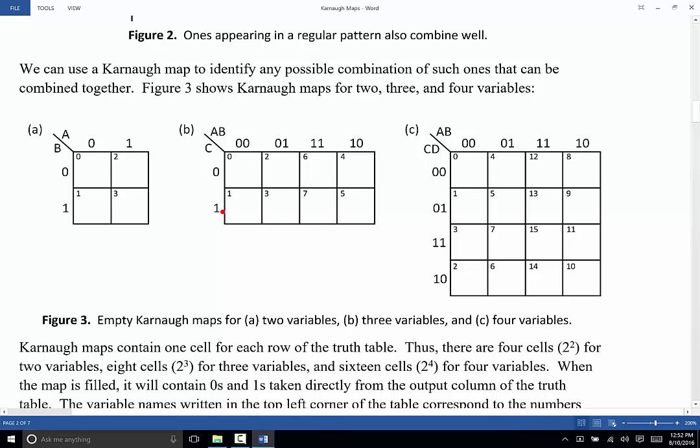Now, one thing to notice here is that the 3rd and 4th rows are swapped from what we would expect from binary ordering. So if we were just using binary counting, we would say 00, 01, 10, 11. But these 2 rows are swapped because Karnaugh Maps use what's called gray code. And gray code is a code that ensures that adjacent numbers only differ by 1 value, only differ by 1